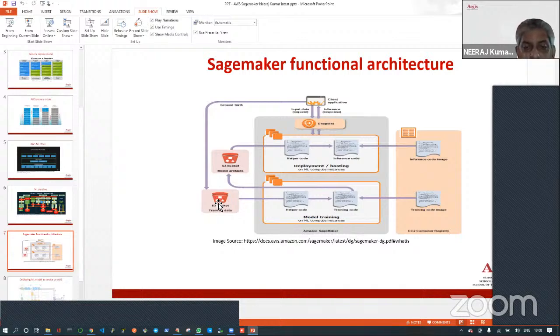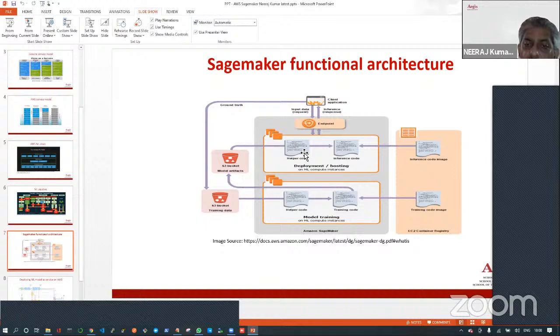So what SageMaker does is that it pulls the training data inside the container, and it creates the container using some image which is lying in some registry, like Docker Hub, which is a publicly available registry, right? So in AWS we have a registry called ECR, the Elastic Container Registry. So AWS pulls that image from ECR, instantiates the container, runs your training job, and creates a model artifact or creates the models.